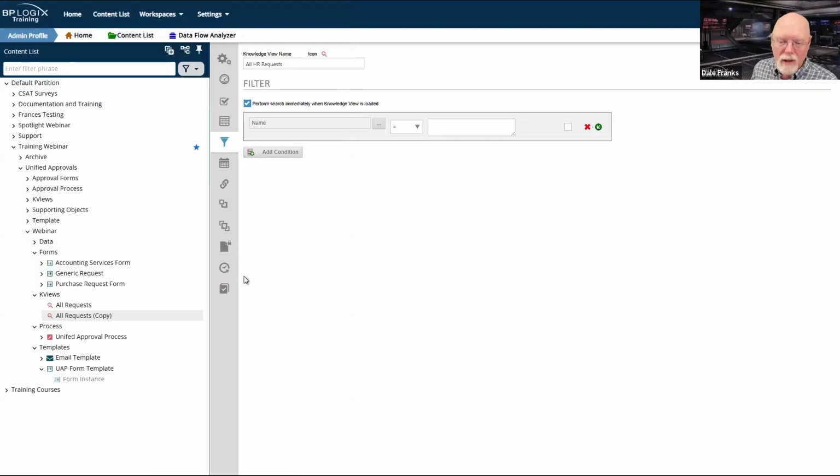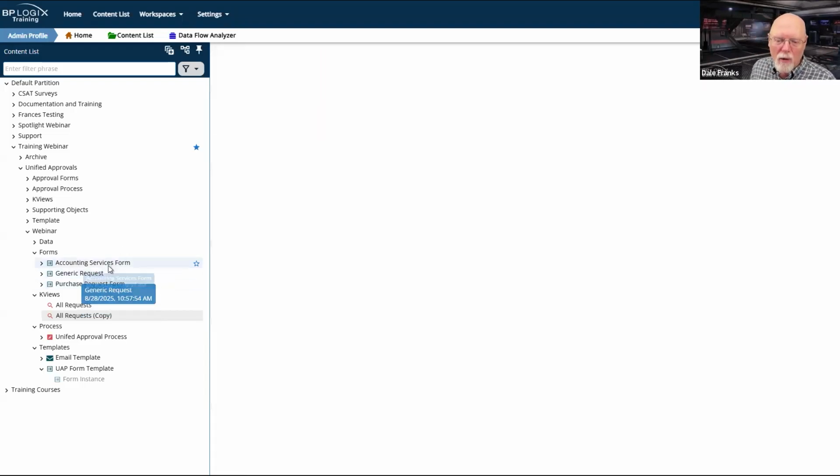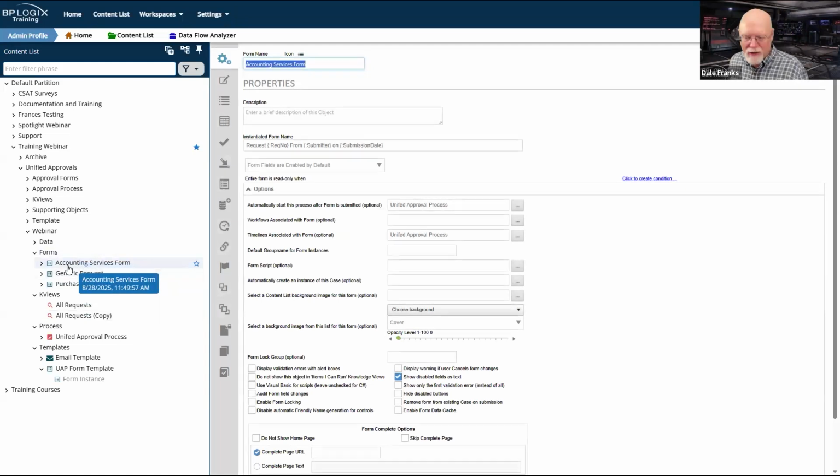Now, there are certain contexts where I could be. If it's a purchase request, I can actually create a knowledge view that just looks at the purchase request form. Everything is going to work fine. I don't really need to worry much about any of those fields. I can actually pull the form fields. I don't need to use the form field system variable. I have a straight up purchase request form, so I can create a knowledge view that just looks at the purchase request form and it would only return purchase requests. If it's a generic request or some sort of generic accounting request, I'm not going to be able to do that. I need to be able to specify particular values.